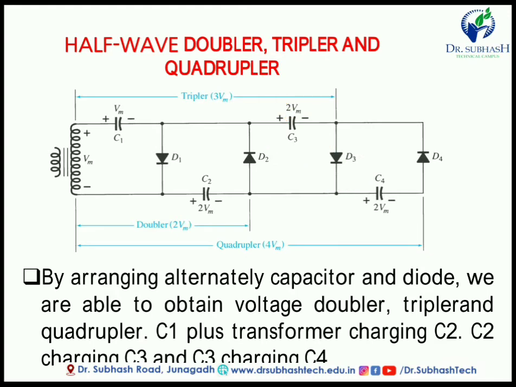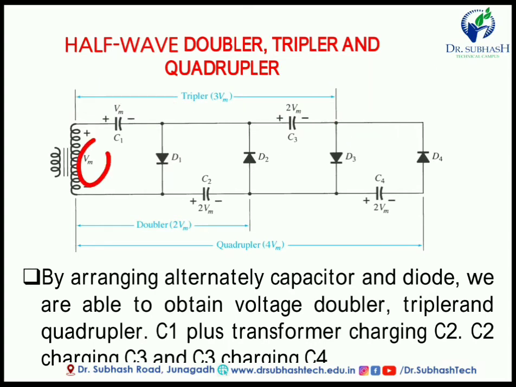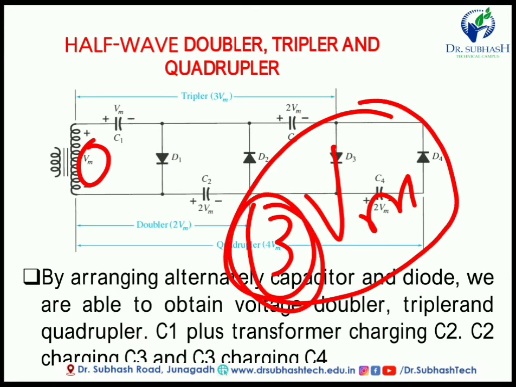in series with this alternating pattern, the voltage of this capacitor is Vm and the voltage of this capacitor is 2 Vm. So up to this point the total voltage becomes 3 Vm. Our input is Vm but the output is 3 Vm, so we can say that this is the tripler or voltage tripler, because here the input voltage is Vm and the output voltage is 3 times more, so it is known as voltage tripler circuit.